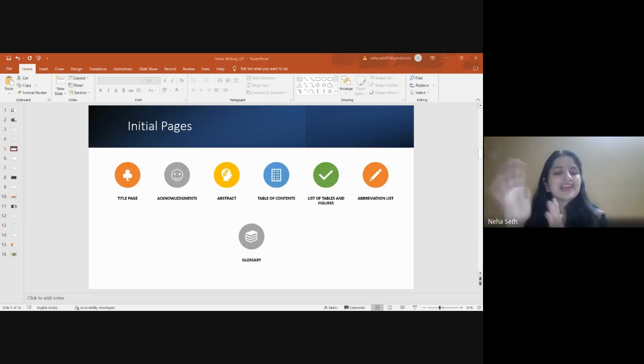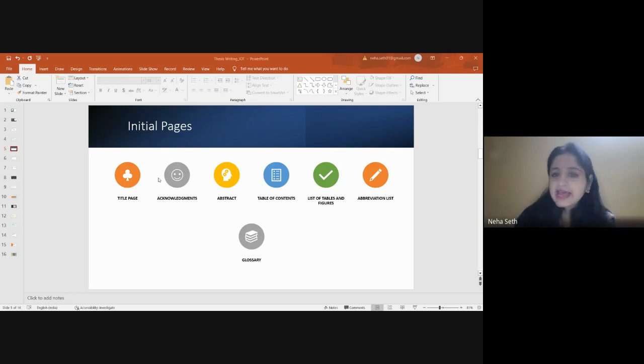They will give you the standard format of the title page that you need to use while submitting your thesis or while presenting your thesis. The next thing, once you open this, there are a few certificates that you mention,